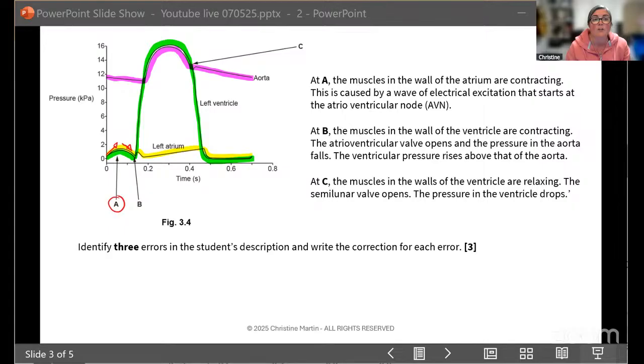So again, if they're giving you a graph, and this comes back to practical skills, some of your practical skills that you'll be assessed on, they will actually be asking you to analyze graphs. So this is a graph, and so therefore we need to note that there is times. They've told us down here that the times are in seconds. And also what we can see is each of these 0.3, 0.5, 0.7, 0.1. So use the scales to help you note where things are happening.